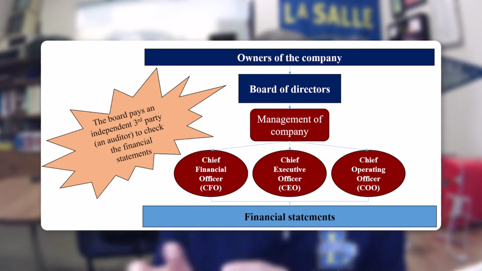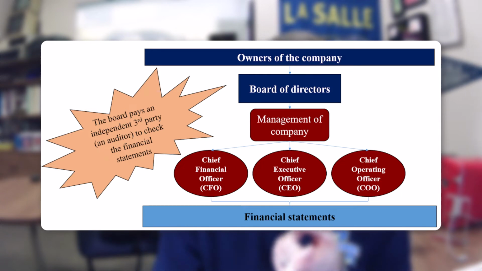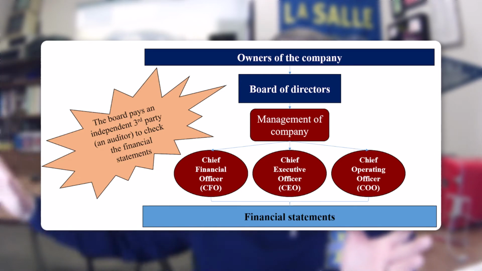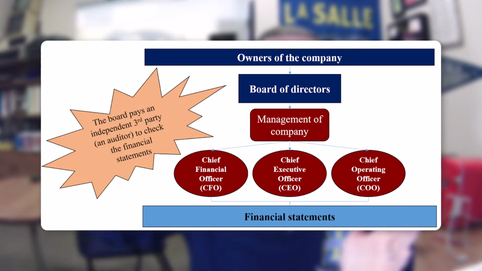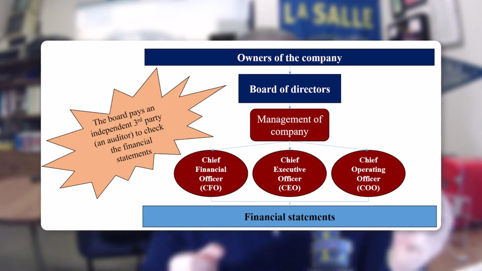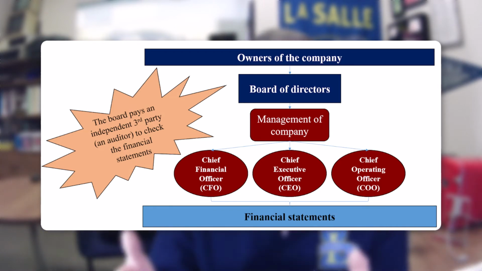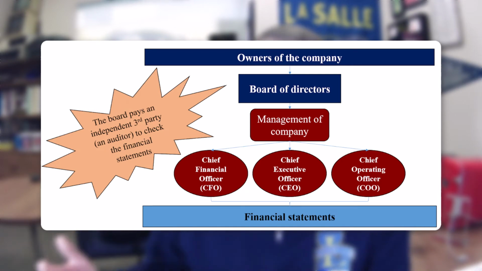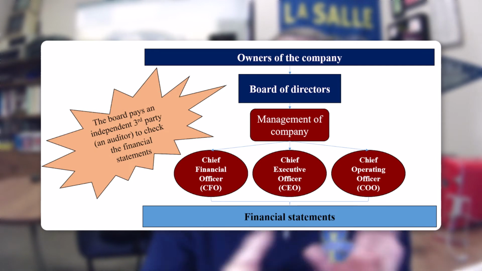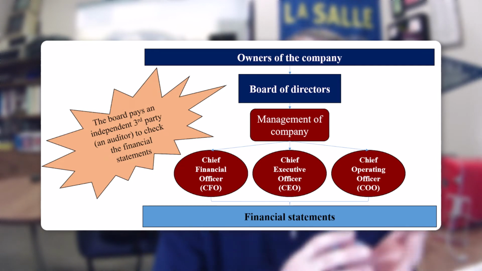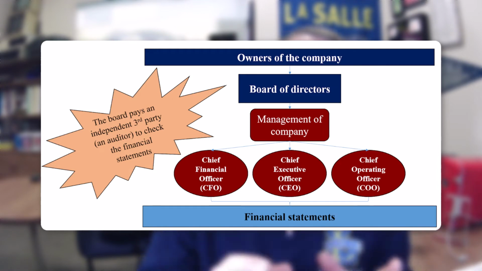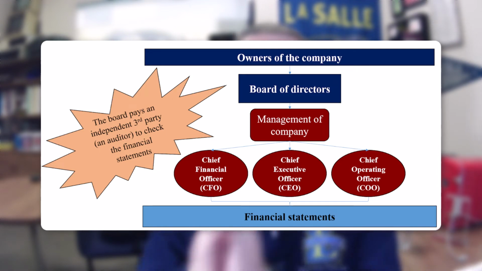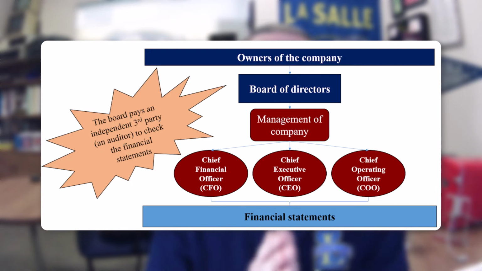When we say they're independent, they're neither a shareholder in the company, nor an employee of the company. So it's somebody completely outside of the company, outside of the relationship between investors and managers, and they come in, check the financial statements, and provide an opinion about their fairness and accuracy. Okay? So that's what the external auditing profession does. They are independent. They come in to give their blessing to the financial statements and say, hey, investor, you can trust what